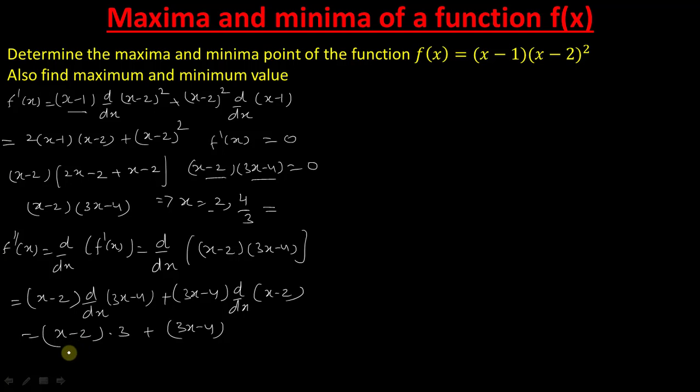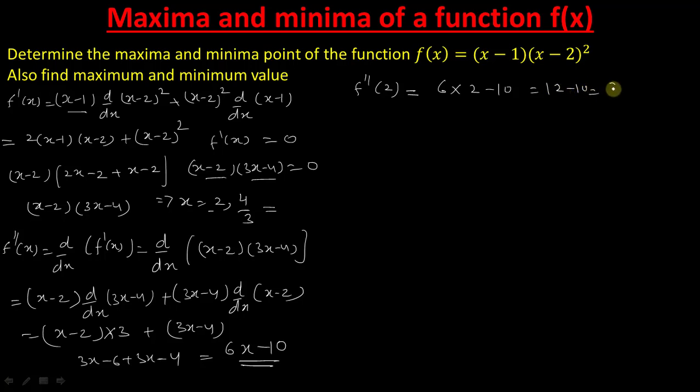So it is equal to 3x minus 6, multiplied by 3x minus 6, plus 3x minus 4, so it is 6x minus 10. So this is your second derivative, 6x minus 10. Now we have to check f double dash 2. So f double dash 2 is 6 into 2 minus 10, so 12 minus 10 is equal to 2,